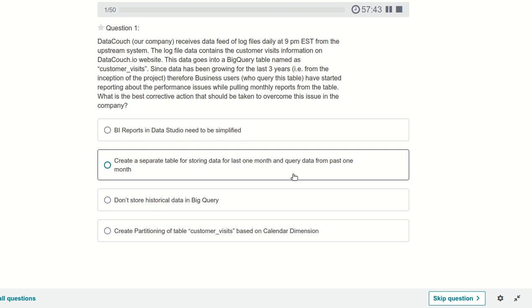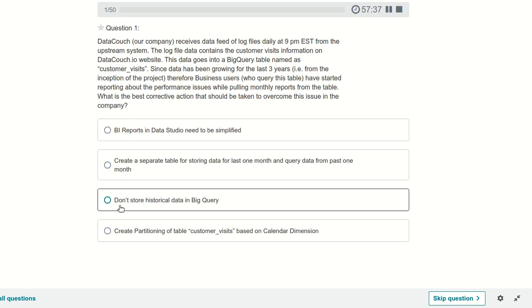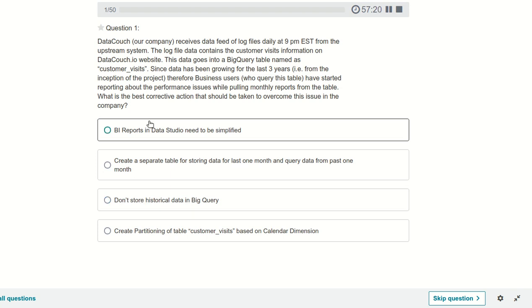That will work, but it will increase the cost. So it is not the best, but we will see the other options. Don't store historical data in BigQuery. They told that just store the current month data because they want to pull the monthly report. But that is wrong, because if we need the future data as well, we can't get it. So option C is wrong, option A is wrong.